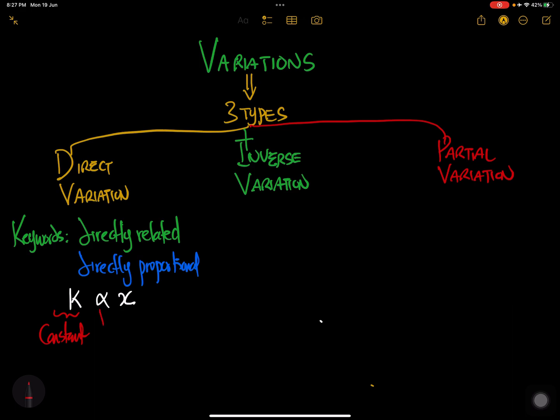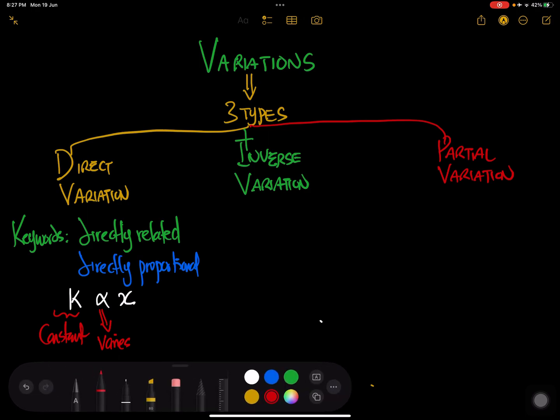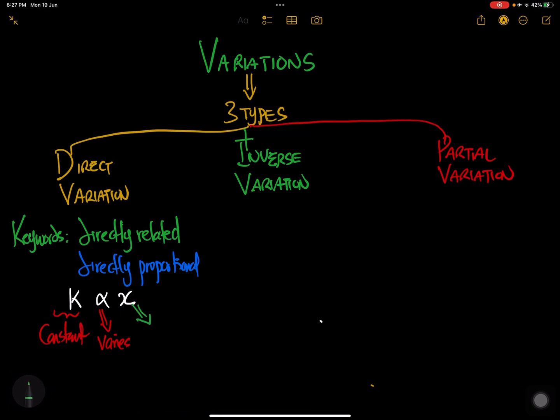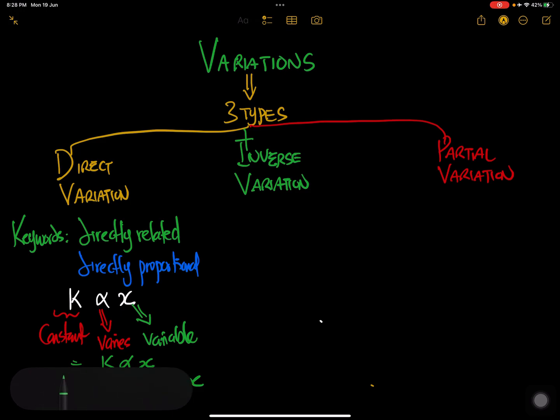And this here is our variation symbol, it means varies. Now the next part, x, is the variable. So the first step is to introduce k, varies with x, and simplify that with k multiplying x, which gives us kx. So it's a constant multiplied by the variable. On the other hand,